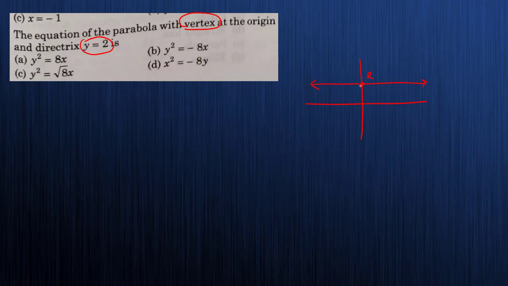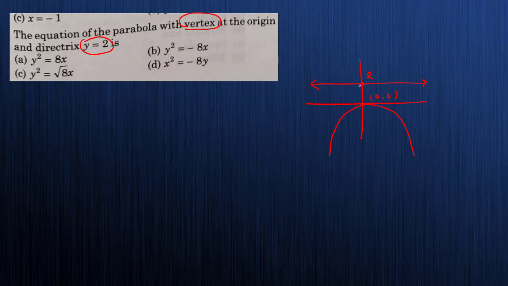It is an upside parabola or a downside parabola, and it says that the vertex is at the origin, here is my vertex. So will you take the parabola like this? Do we get the parabola like this? No, not at all. Focus, then we have the vertex, and then we have the directrix. Means you will have the parabola like this. This is my parabola. Okay, the vertex is at 0, 0.